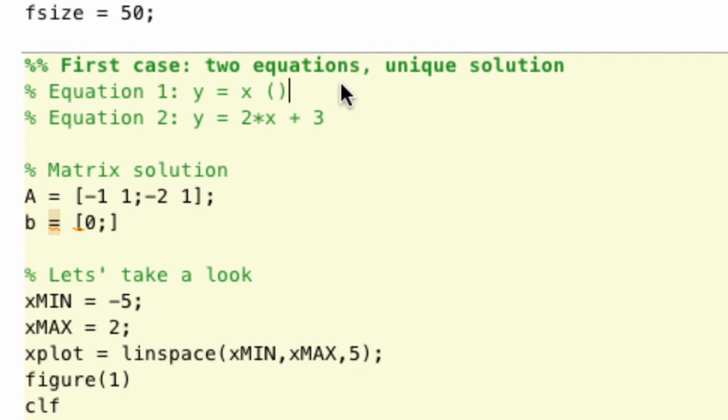Because here, if I put it, the equation would be -x plus y equals 0. And here we have -2 times x plus y equals 3. So from these two, when I pick out